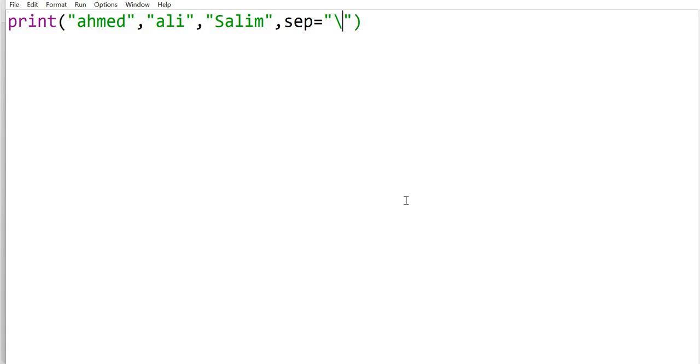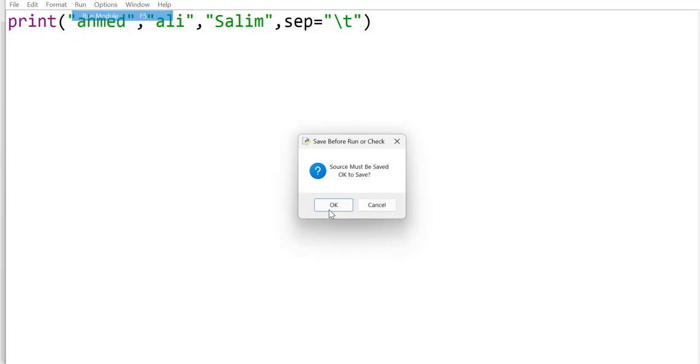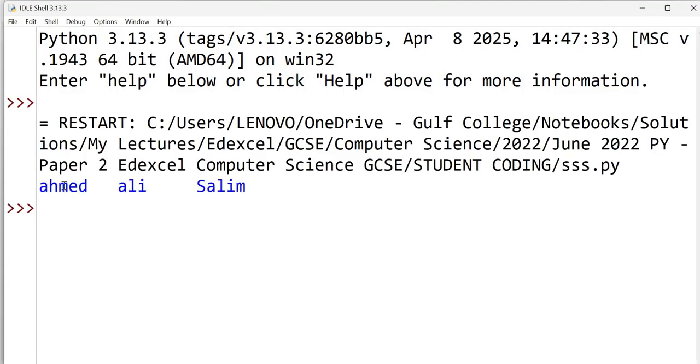Okay, if you are using \t, it is used for the tab. When you run the program, it will give you a tab space. See, Ahmed, Ali, Salam. Okay,